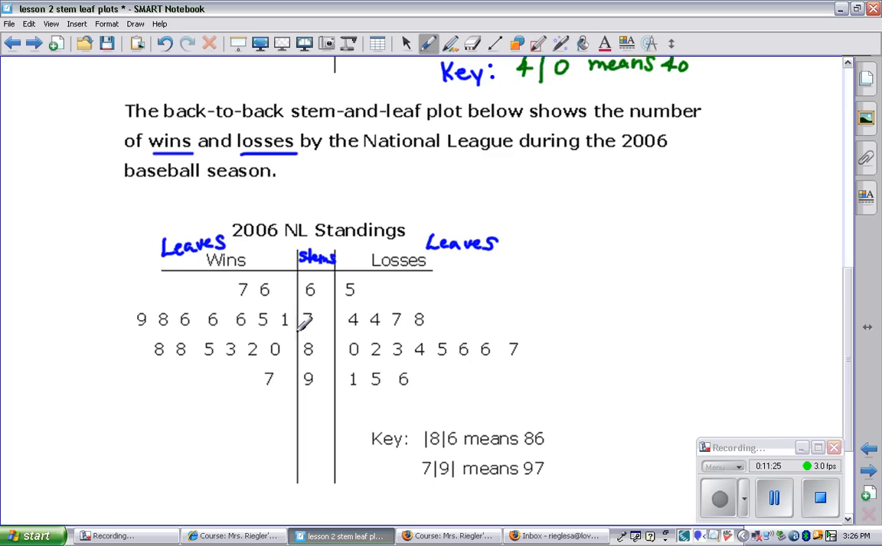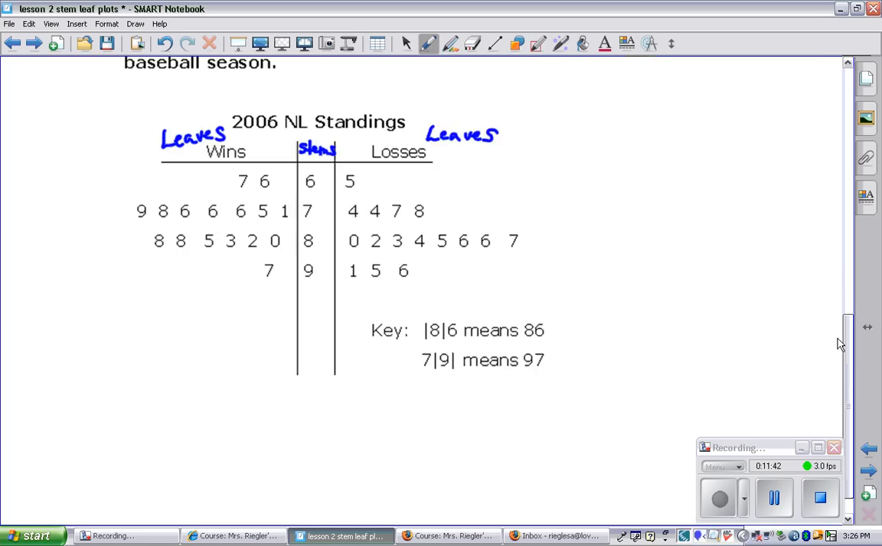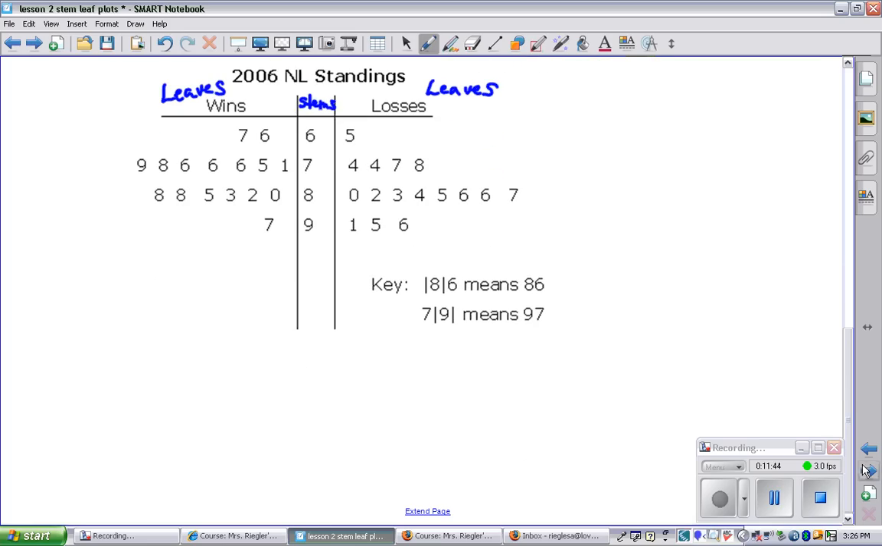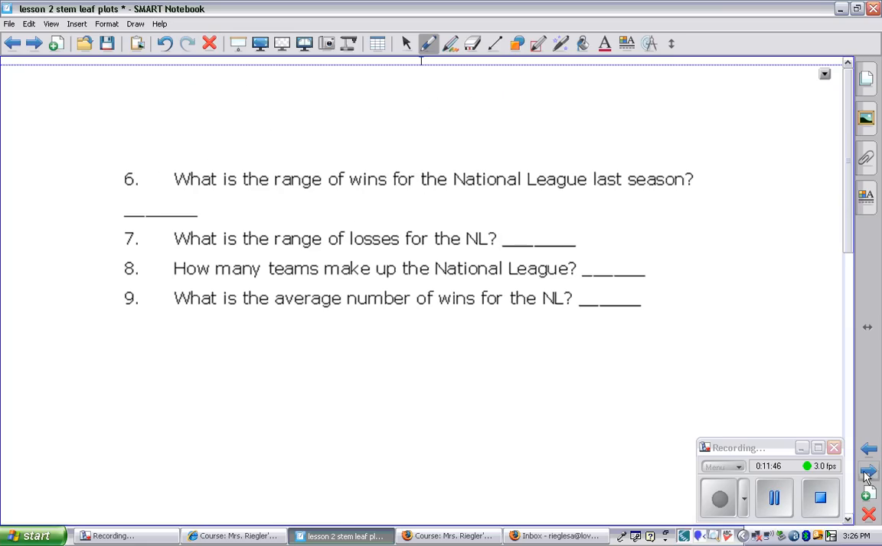Here's your 79. So all of these, it's kind of like a mirrored reflection of the losses side, but it's going to include your wins. So you share the stems and then you put in your own leaves based on the information given. So that's what a back-to-back stem and leaf plot looks like. So let's see if we can answer a couple of these questions based on that